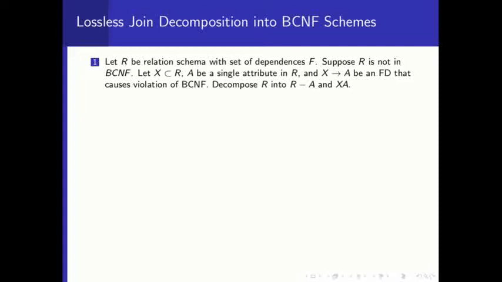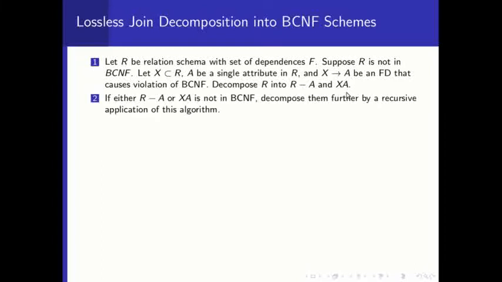And what is the original R1? From the original R, you eliminate or remove one of the attributes. What is that attribute to be removed? It is the right hand side of the FD which causes violation. Here X determines A is the FD which causes violation. So the new set of relations are the original R with the elimination of the attribute on the right hand side of the FD, that is the A attribute, as well as the new decomposed relation R2 with XA as the attributes.